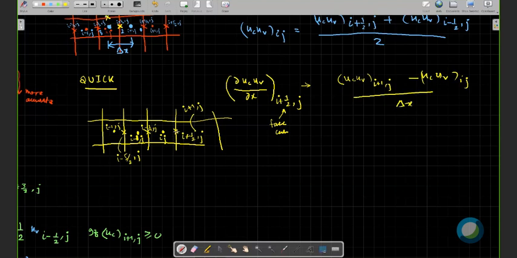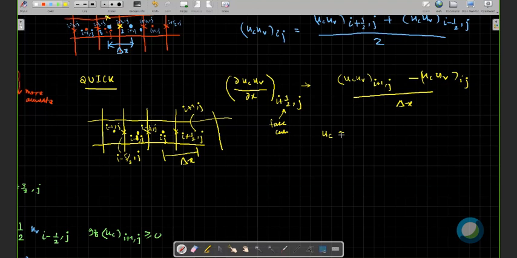So you are finding it at this point, taking this delta x. Now the thing is to find out UC and UV. So UC you have to find out